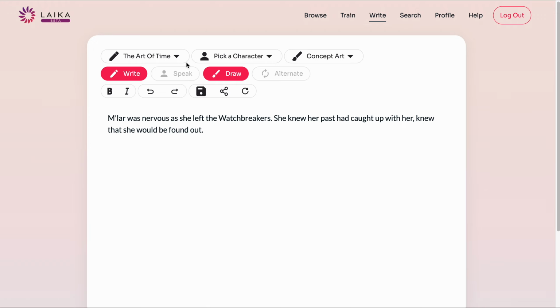So you can see here I'm using my Art of Time Brain, which is my book that I wrote. And this is my character. Malar was nervous as she left the Watchbreakers. She knew her past had caught up with her, knew that she would be found out. So I'm just going to copy this little description of Malar, and then I'm going to go into the character